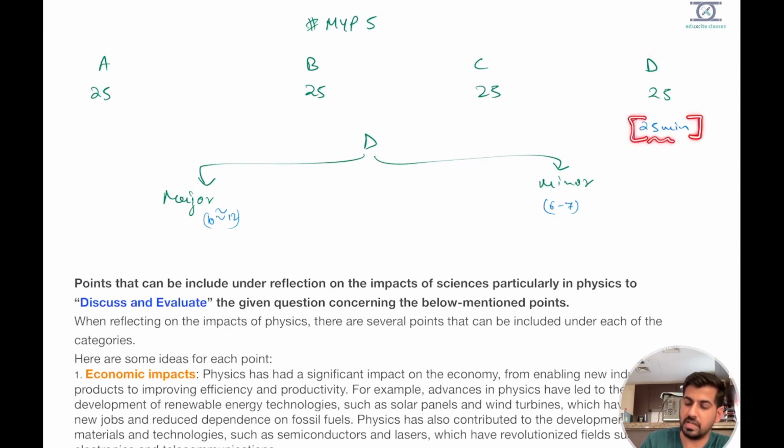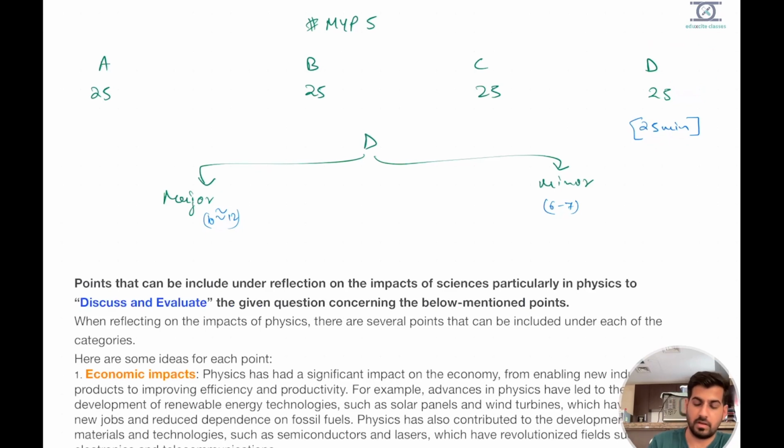you should always have a minimum of 25 minutes to write quality answers for your criterion D, because if you see in your past year papers, if you have attempted them, these questions are at the end, like question 8 or question 9. These two questions will basically be criterion D. So you should be mindful of your time and have at least 25 minutes to write down your